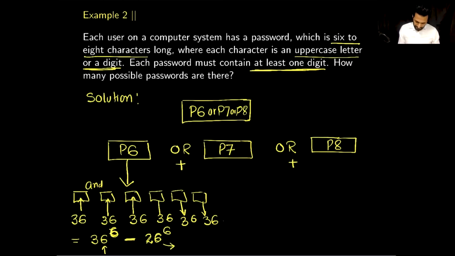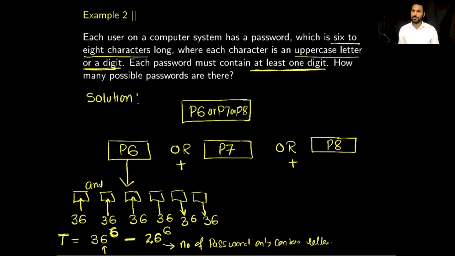So this is the number of passwords generated from using 26 letters, the number of passwords that contain only letters. These are basically the repetition which we need to exclude from the total number of ways to generate the 6 character long password. So if I calculate 36 to the power 6 minus 26 to the power 6,